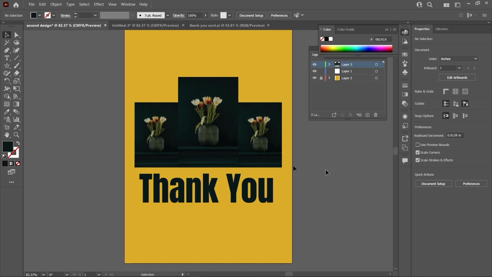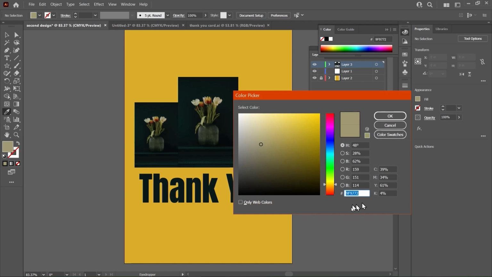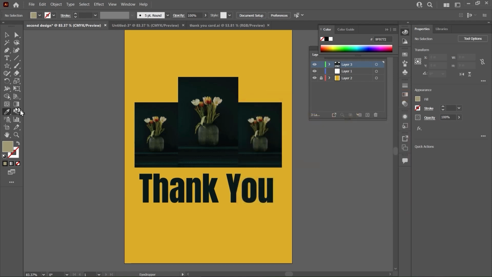Suppose it is not selected, I just select this color picker or eyedropper tool. And if I just click here, now you can see no changes on this text, but we can only see this color here. It's also very useful to see the changes here. Suppose I want to use this color later on. So if I select this one, now this is our color, and we can see this color code. So you can copy this,